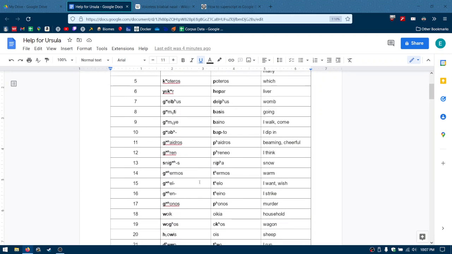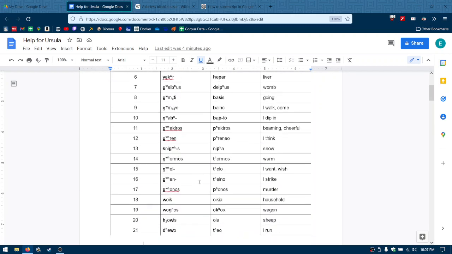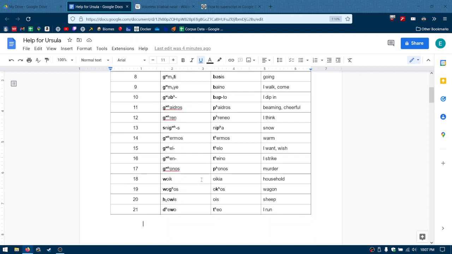I don't know where it is. But there's an example somewhere up here where it doesn't change if it's not aspirated. So it was cuadros. Where is that? Right here. Yeah, so this D right here doesn't change to T because this is not aspirated and this is